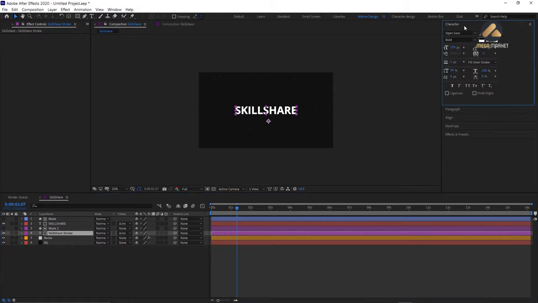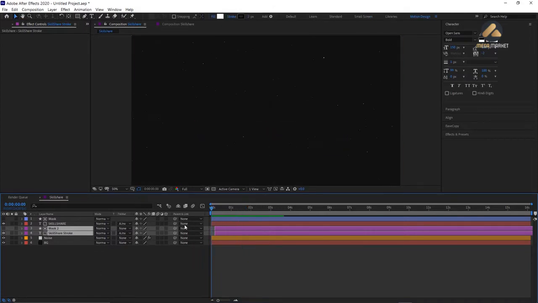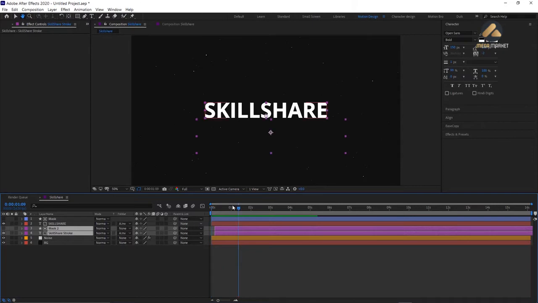And I'm going to go towards my character panel and remove the fill for this layer by clicking on the no fill color icon in here. And now let's offset them a bit in here. So as you see, we have something like this, and we can make it better by repeating the strokes by